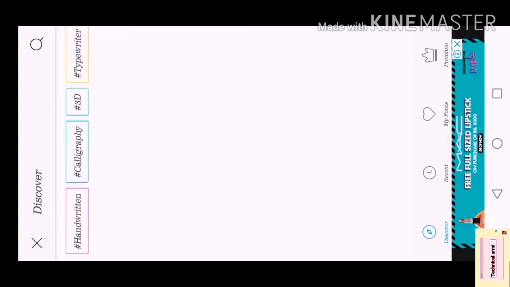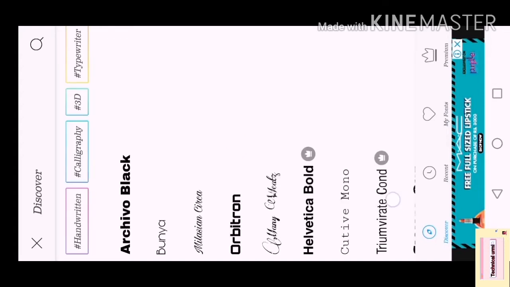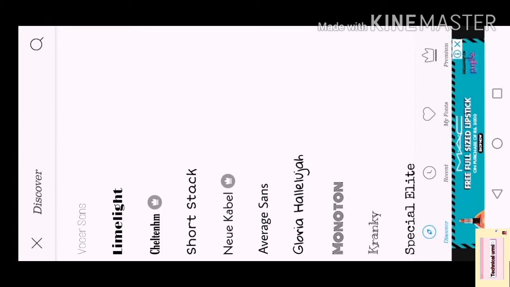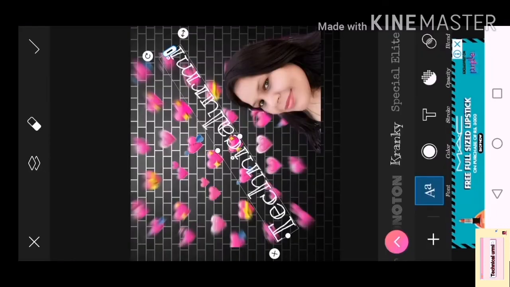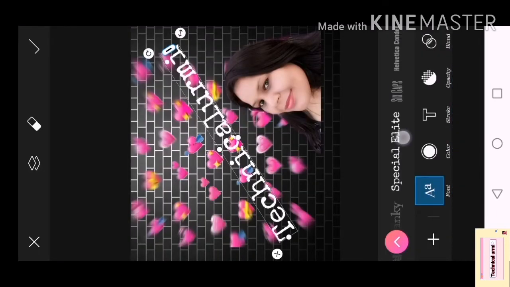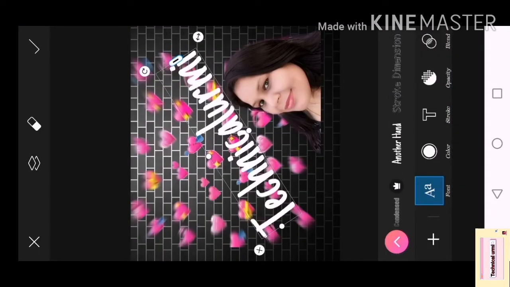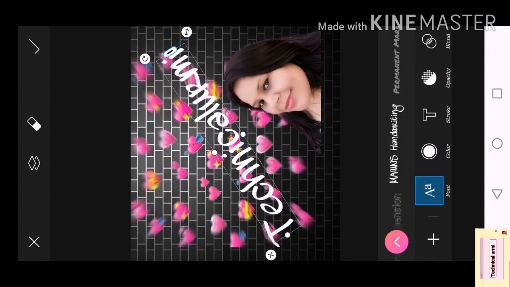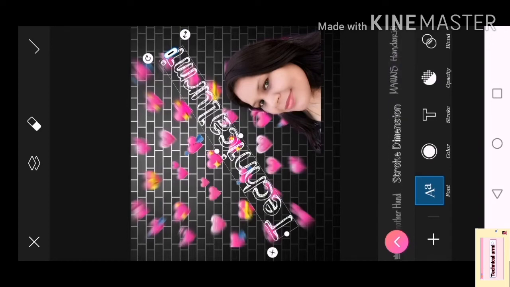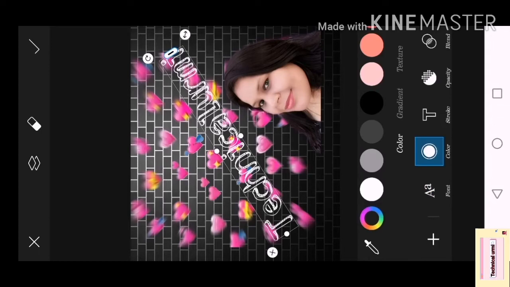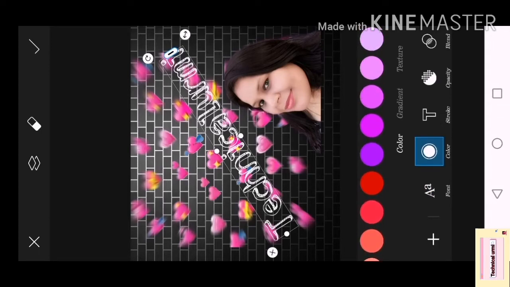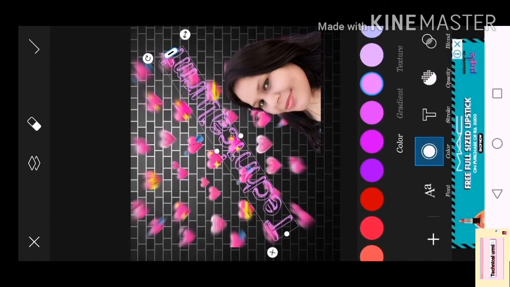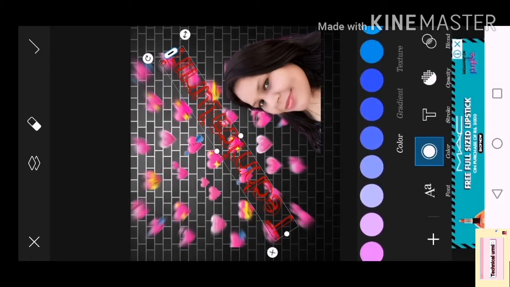If you want more options, you can select any one from here. Like I'm selecting this one from here, you can see there. If I want to choose any one, more options are here. If you want to change the color, then go to the color option and you can change the color from here also.